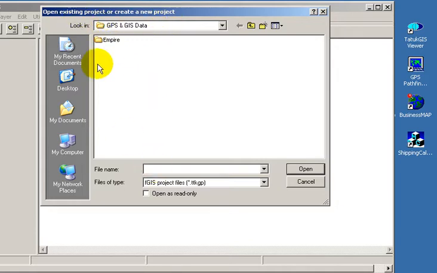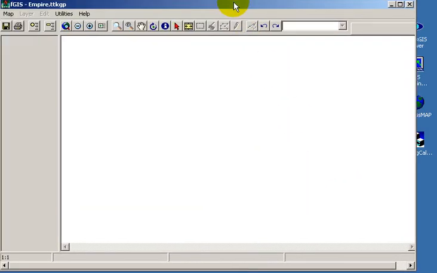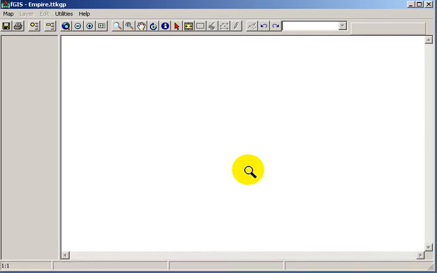We're going to create a new one, and we're going to create it in the same Empire folder where we downloaded our imagery, and I'm just going to call this project Empire as well, and the file extension will be a TTKGP, and I'll hit open. Okay, let me adjust the window. Okay, now at this point we just got a blank map screen,